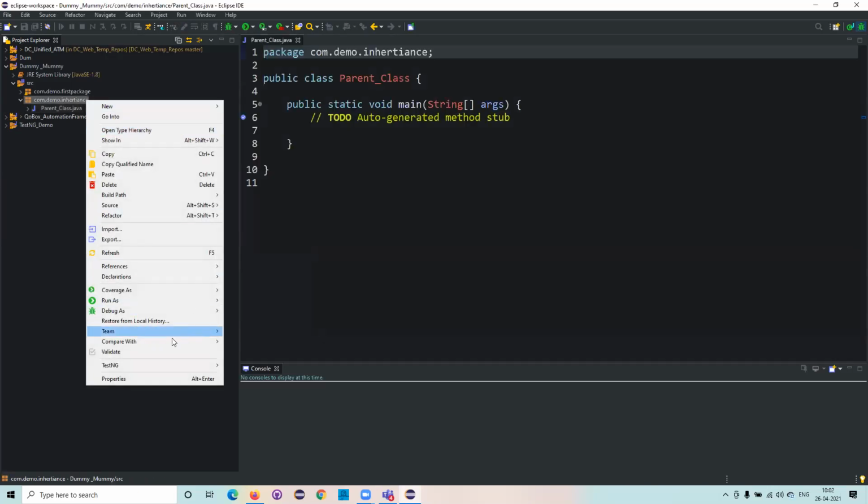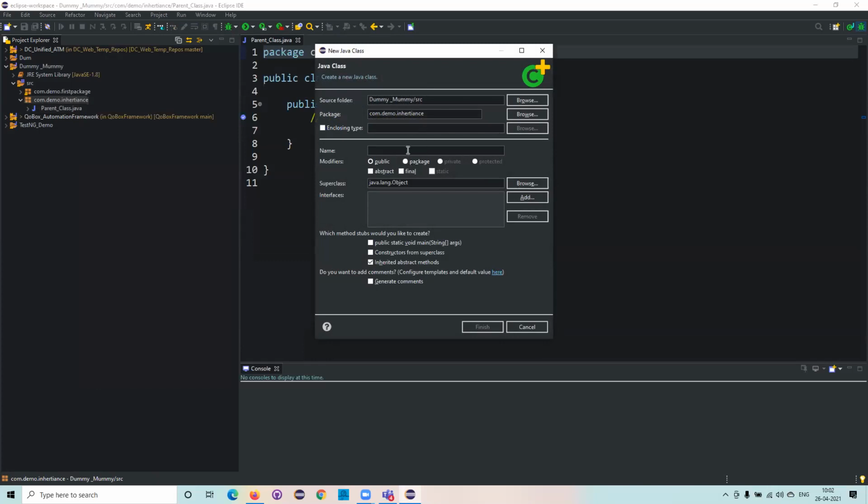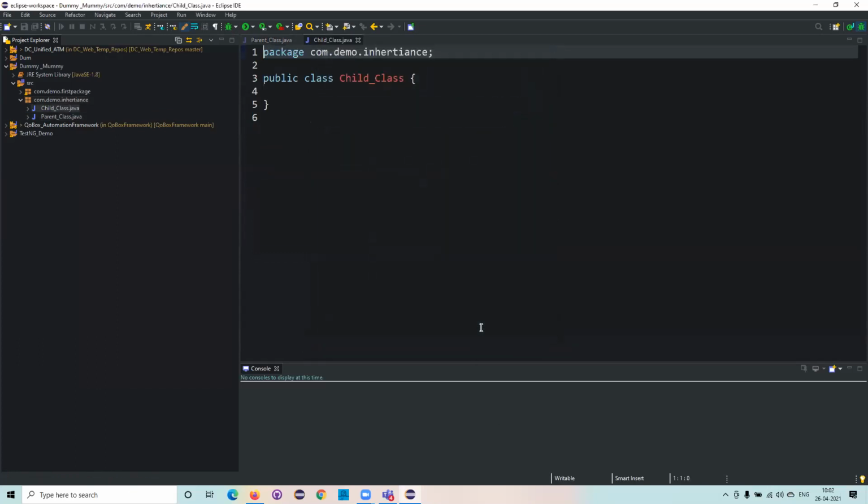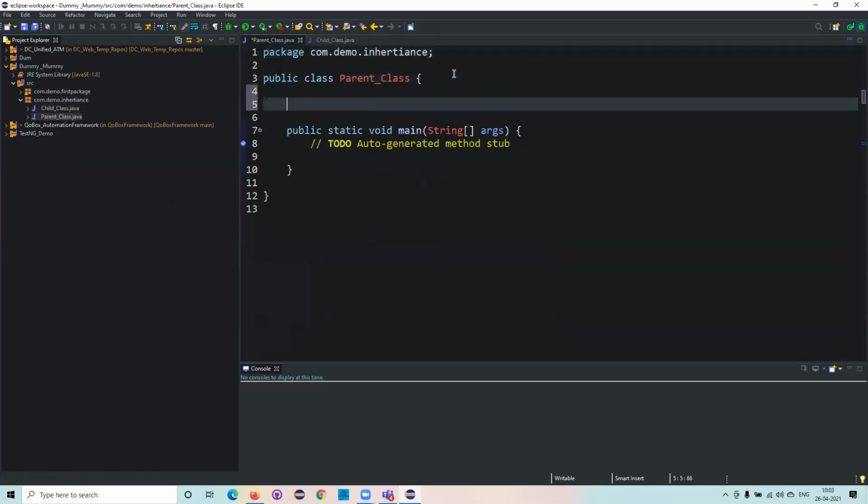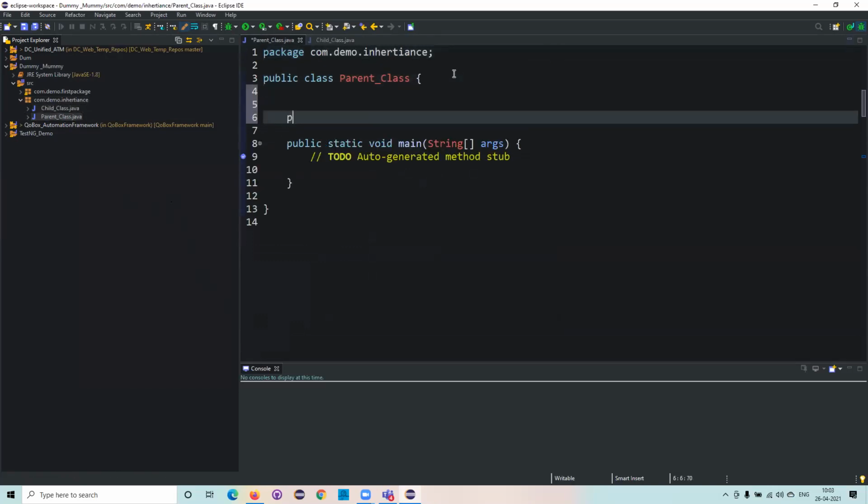Now I'll create another class. This is the child class. Related to this, a lot of things are there: upcasting, downcasting, and we do have memory allocations and other things. So you need to understand this very clearly. Now I'll define some static methods and static variables.